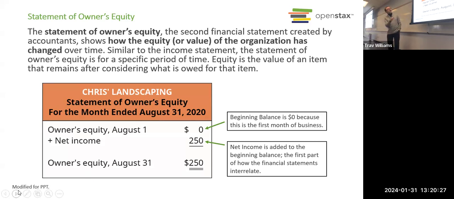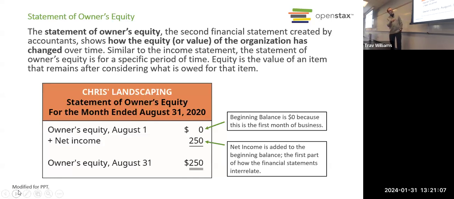The statement of owner's equity. Now, I've mentioned that we call it a statement of stockholders' equity if it's a corporation, because corporations can sell stock, right? So it's the stockholders that own the corporation. So if it says statement of owner's equity, what type of business do you think this would be? Not a corporation. Sole proprietorship, you said that. Yeah, good job. Okay, so yes, this would be for a sole proprietorship, which generally are smaller businesses than corporations.